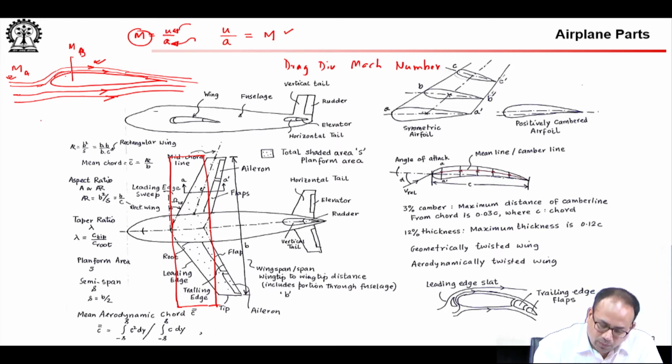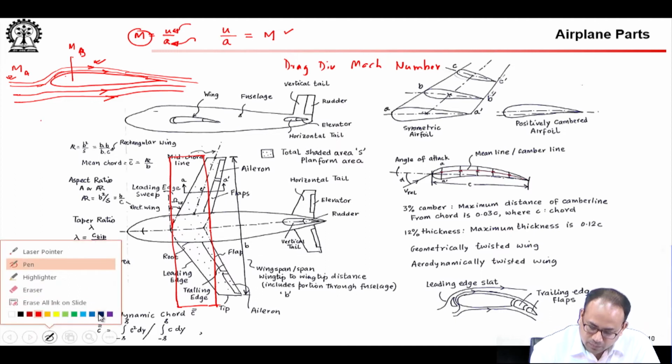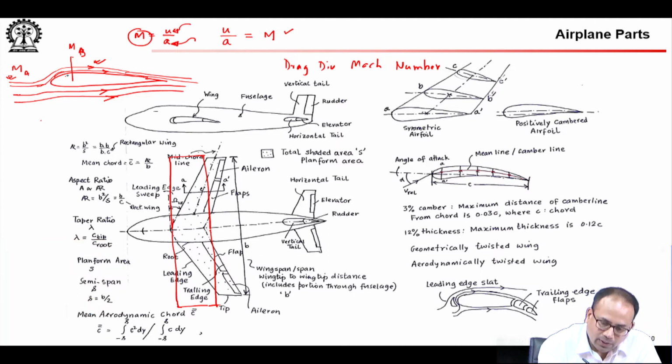B is, let us locate the point B, somewhere here, okay, point B. So, I am saying that the flow, once it turns around the stagnation point, accelerates on the front portion of the wing, and it comes to a point where the flow speed is maximum, and then the flow again starts decelerating.